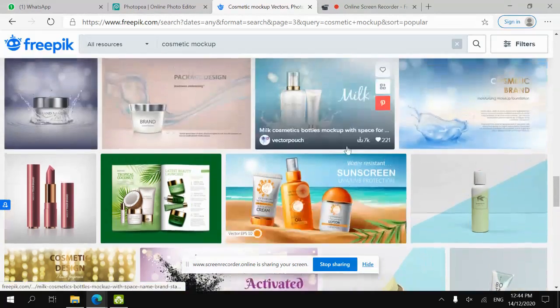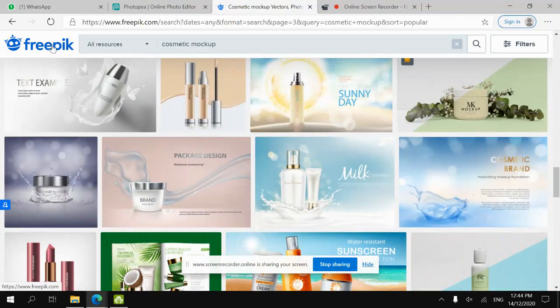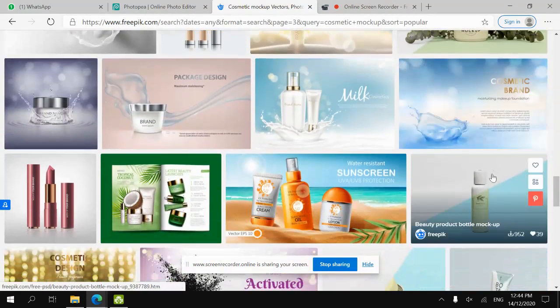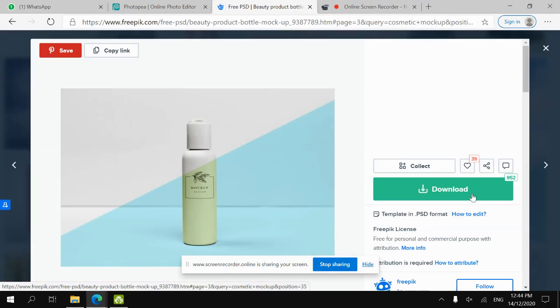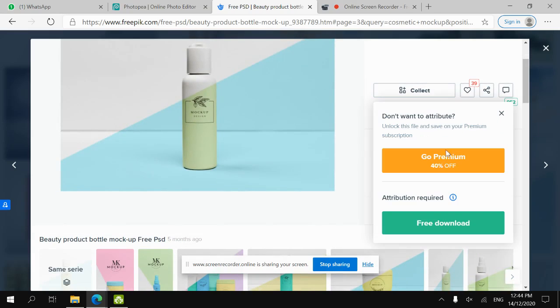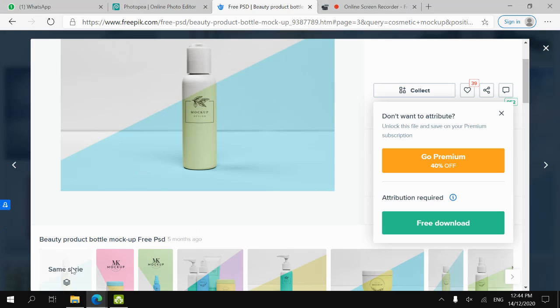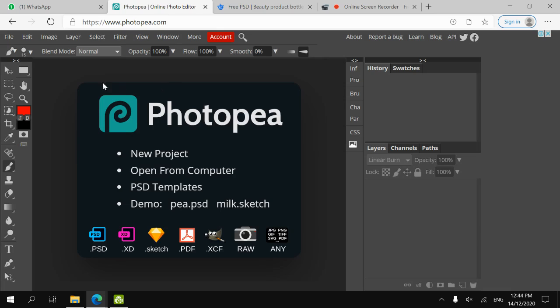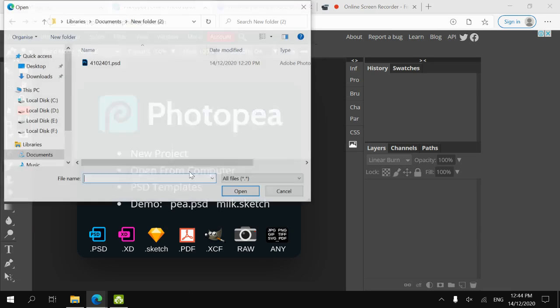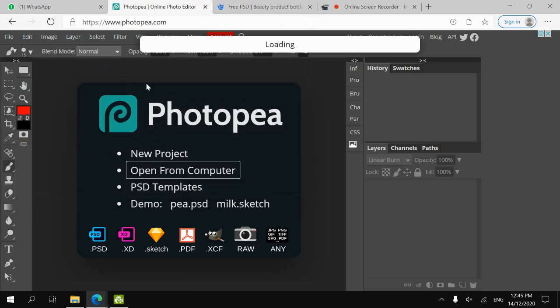Okay, first you're going to find your mockup. For example, here on the Freepik website, I'm choosing this one, and then we download it, free download. After that, you extract the PSD file, and then you go to the Photopea website, open from computer, open the PSD file,